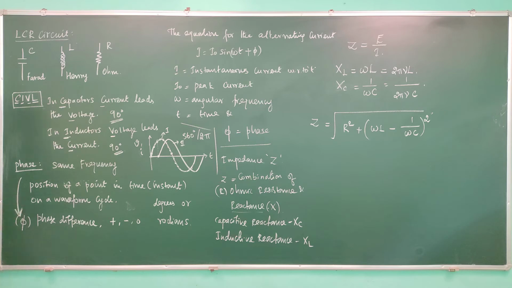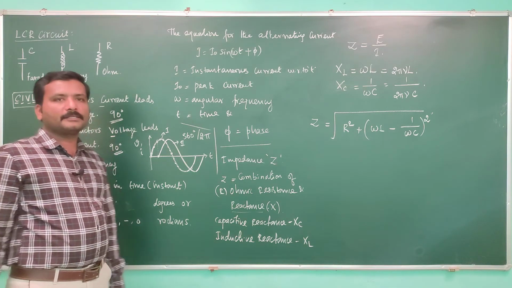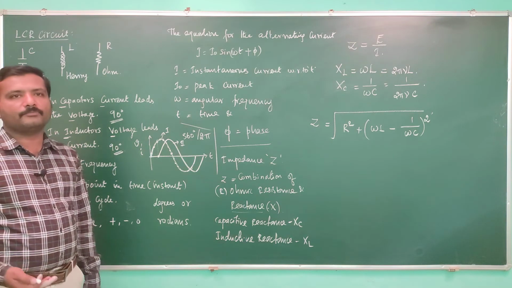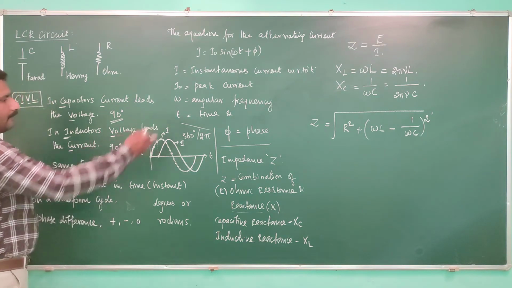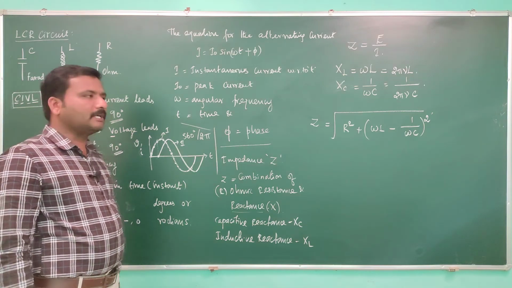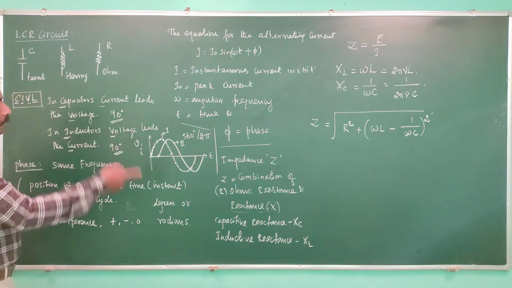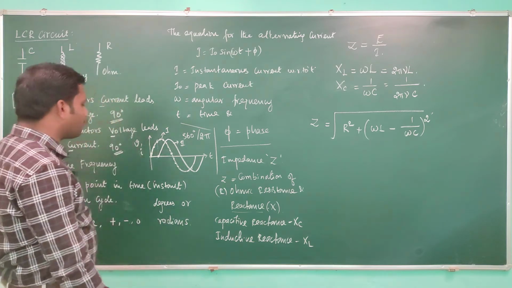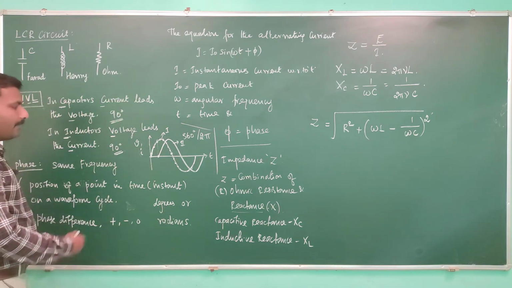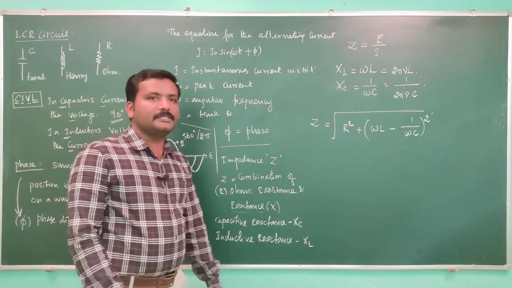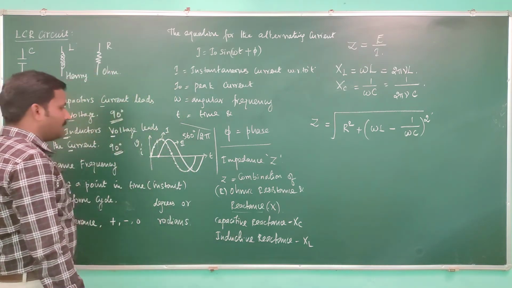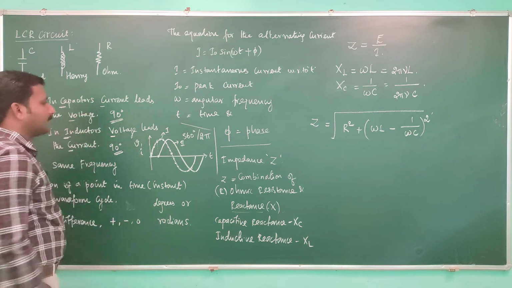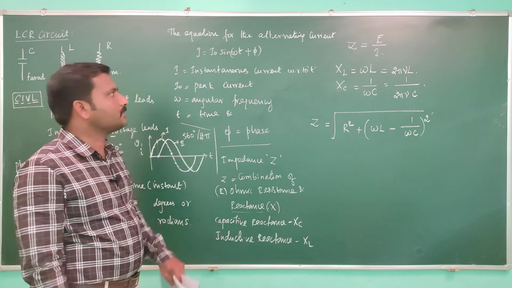We have defined the phase. It is nothing but the position of a point in instantaneous time for a waveform which represents the alternating current. By comparing two waveforms of similar frequency, we can define the phase difference, denoted by phi, whose unit is degrees or radians, as the phase comes into the picture when inductors and capacitors are present in a circuit.